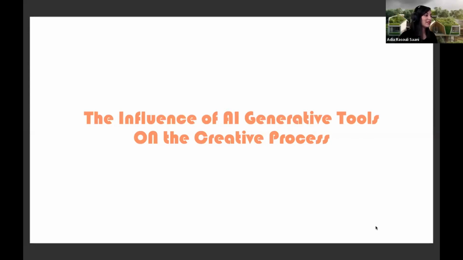Today, I'd like to delve into the influence of AI generative tools on the creative process, specifically tailored to architecture and design. It actually took a while for me to come out and talk about everything. I believe it was a few months ago when I was drawn to these tools out of pure curiosity, and we started growing really, really fast. And suddenly we were bombarded with so many various requests and projects. People were asking me to participate and speak in events, give presentations, and basically asked, "Who are you? Come introduce yourself, talk about your process."